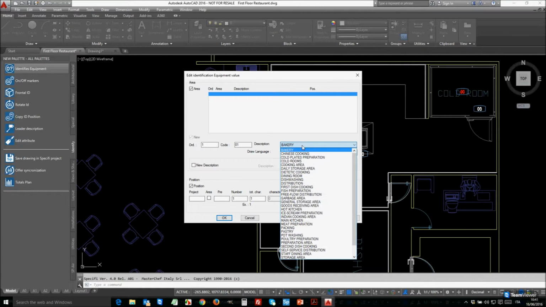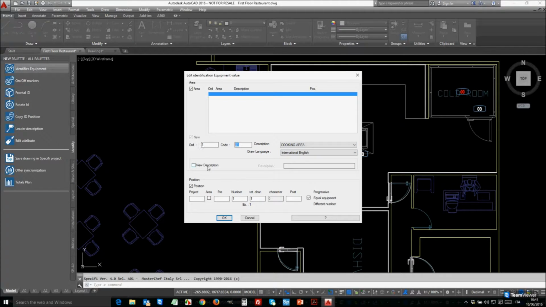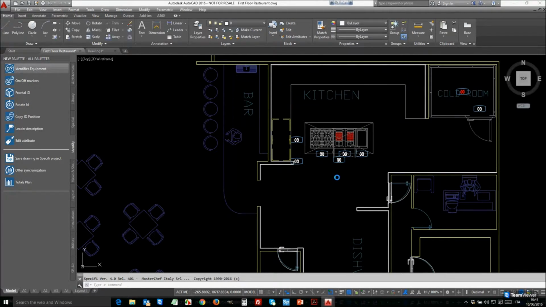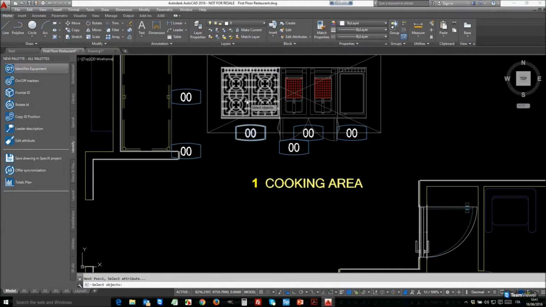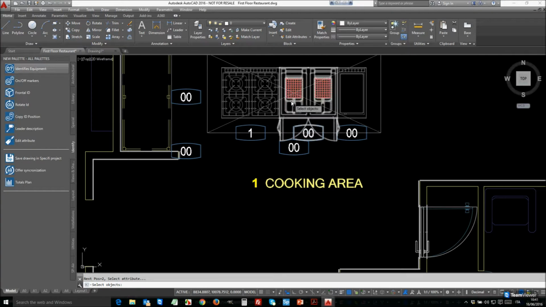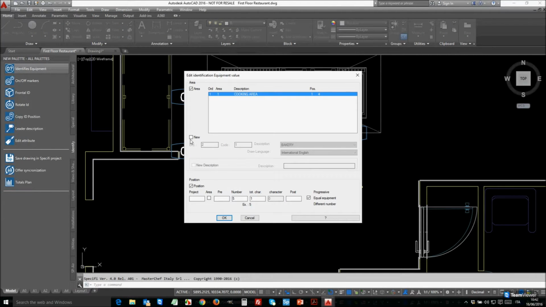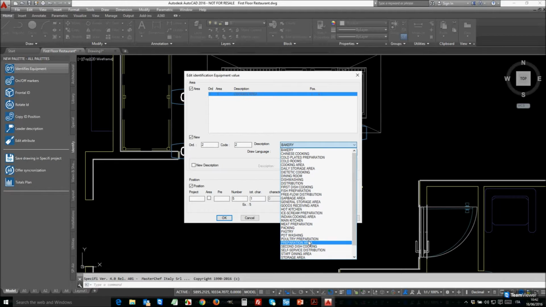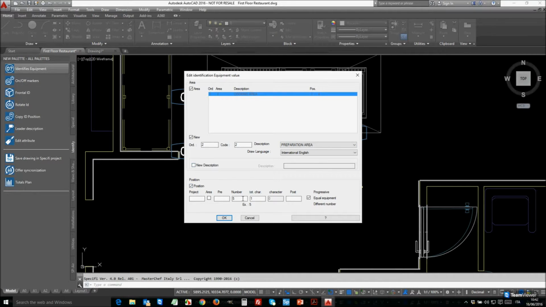You can insert your own blocks. You can manage your catalog. Then, after you have inserted all the equipment, you can move to Identify and run Identify Equipment. Identify Equipment permits me to insert, first of all, the area label, supposing we want to insert the cooking area, and this is my cooking area, and I can select the equipment I want to number, 1 in the order,